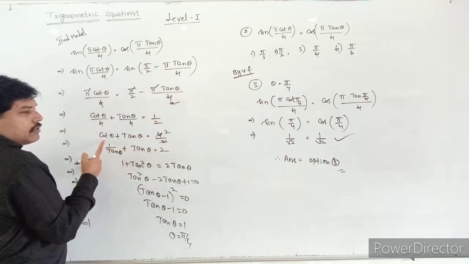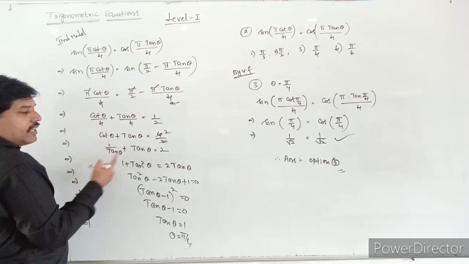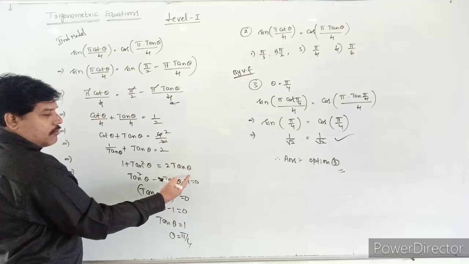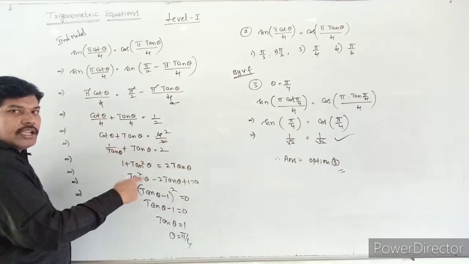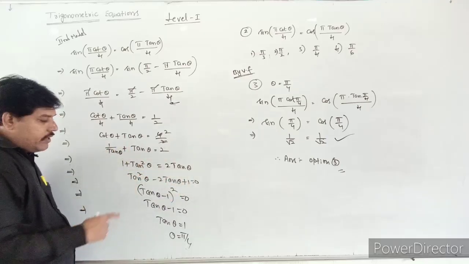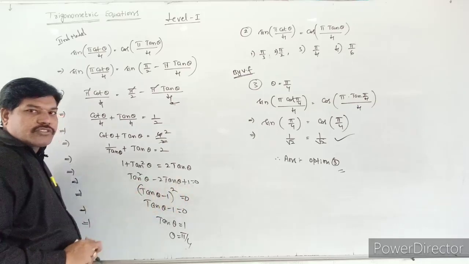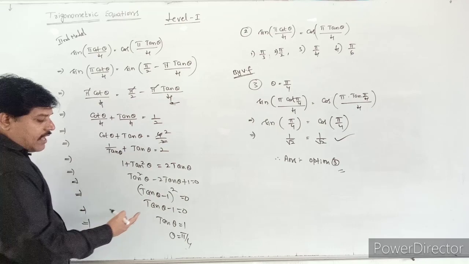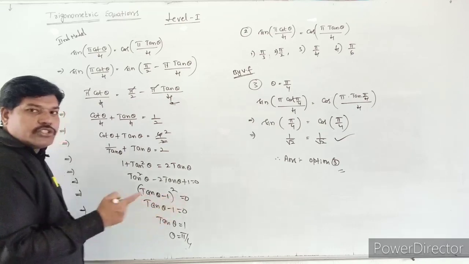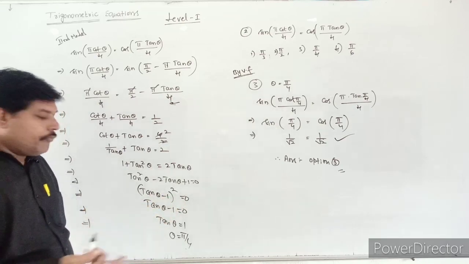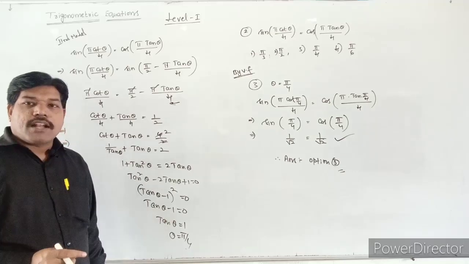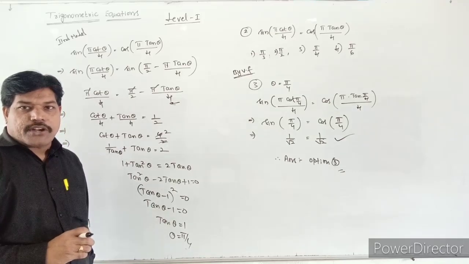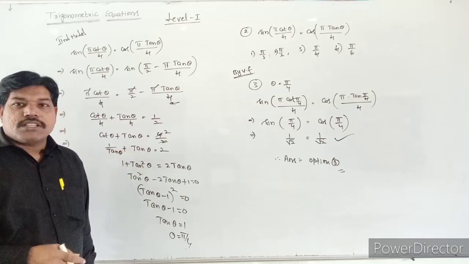So this cot theta you can take as 1 by tan and take the LCM, students. 1 plus tan square theta by tan theta, take the tan theta to that side, it will become 2 tan theta, take it to the LHS side, it will become tan theta minus 1 whole square, a square minus 2ab plus b square form. Do you understand that? So this is tan theta minus 1 whole square. So tan theta minus 1 whole square is equal to 0, meaning tan theta minus 1 is 0. So automatically tan theta is equal to 1, theta is equal to pi by 4. Do you understand that? So in both the cases we get the same answer.